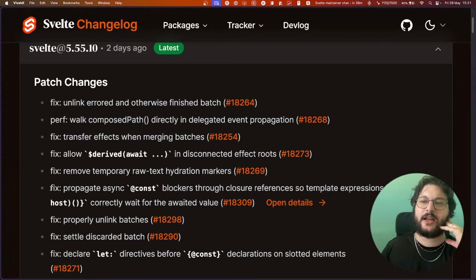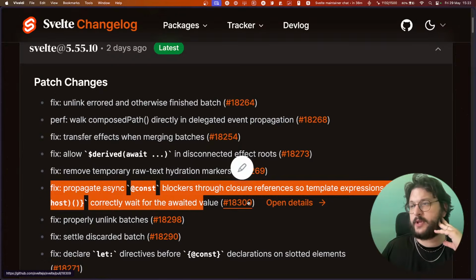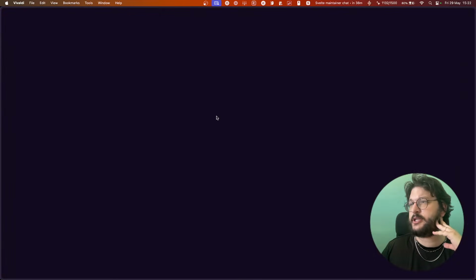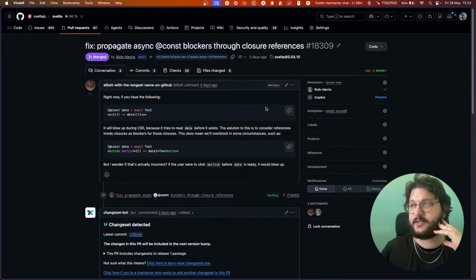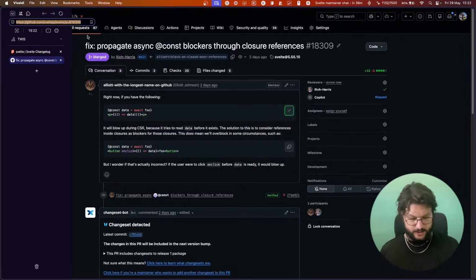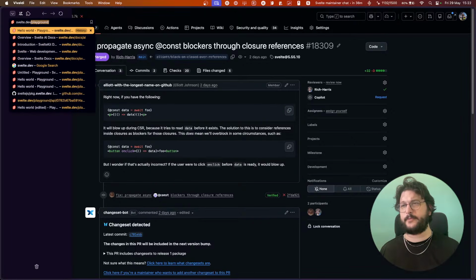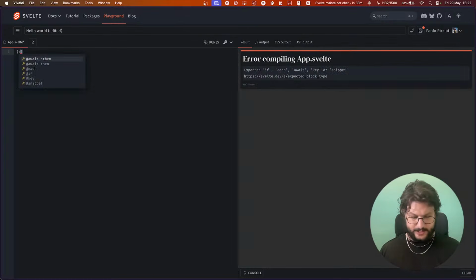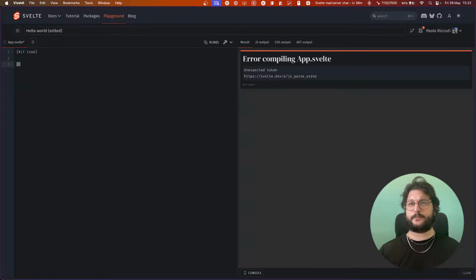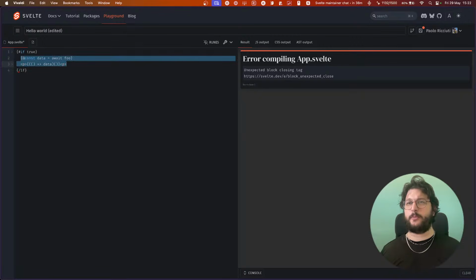So once again, basically, if you take a look at the compiled code of Svelte, let's actually do it very quickly. So we should have a reproduction. If you have something like this, it will blow up during client-side rendering because it tries to read data before it even exists. So if you take a look at the compiled code, and let's say that you have if true slash if. If we take a look at the compiled code,